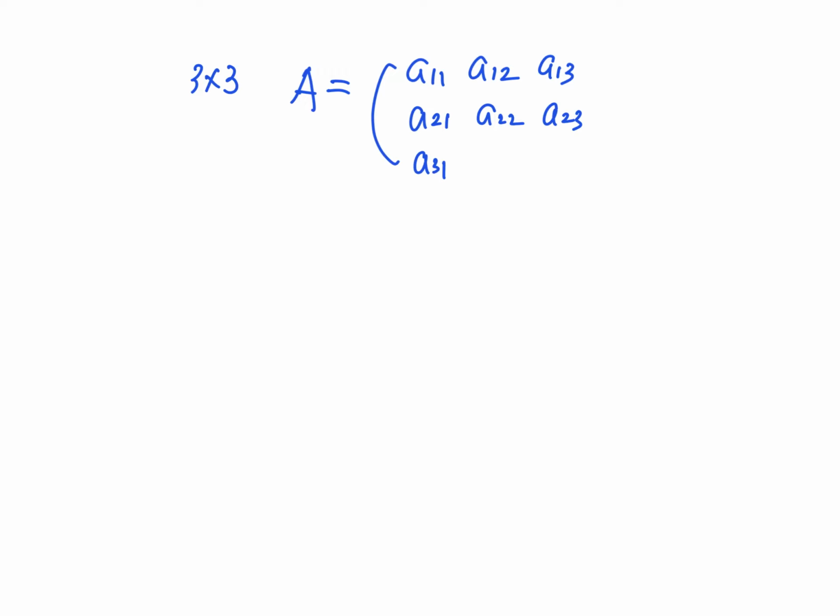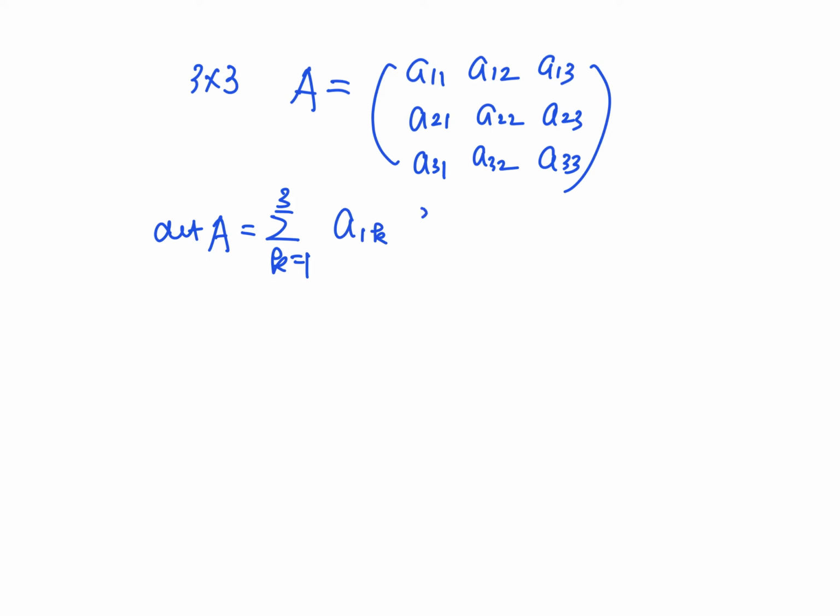Three by three determinant. So matrix A: A11, A12, A13, A21, A22, A23, A31, A32, A33. The formula is the same. Determinant A is now the sum for K equal to 1, 2, 3,